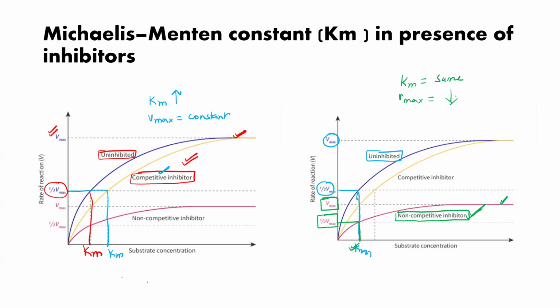I hope this graph, which is generally asked in many competitive exams like Olympiads and all, and this concept might be easy for you. I have taken two graphs just to explain the competitive case in the first diagram and considering only non-competitive in the second diagram. I hope this video might be helpful for you.